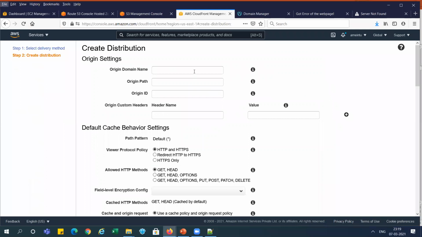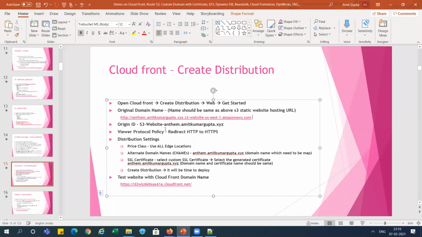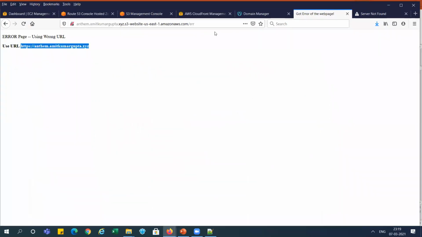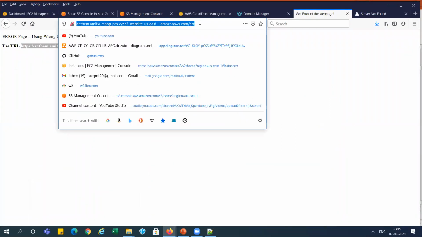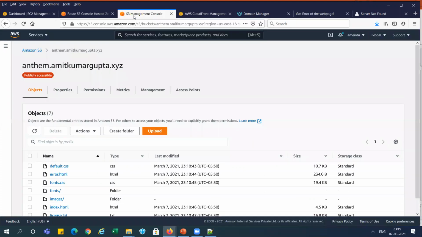You can see the drop-down is showing some S3 name, but we need to copy that from here. Our URL is the S3 bucket. Let me go and get it.